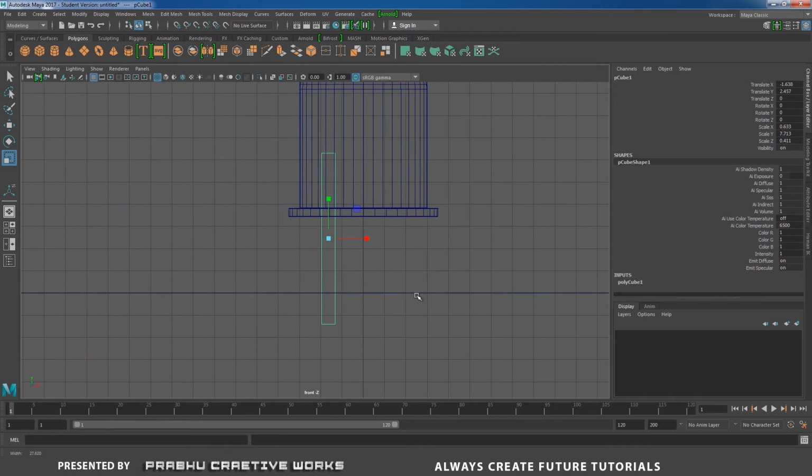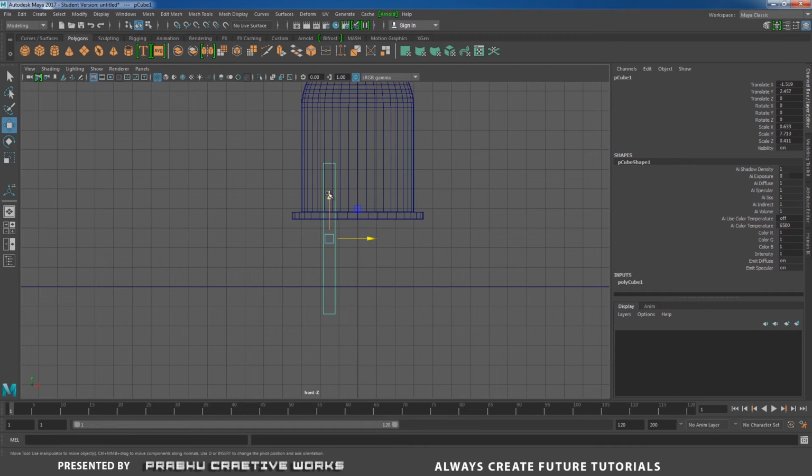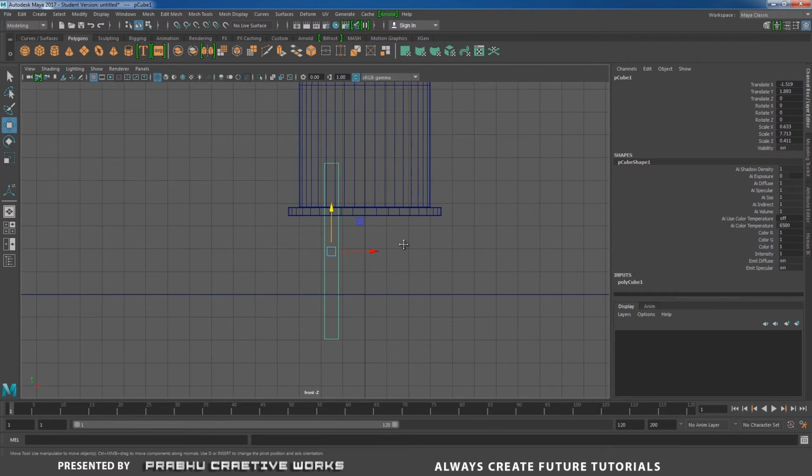Go to front view, press W and move to this side. I want to move a little bit in Y.